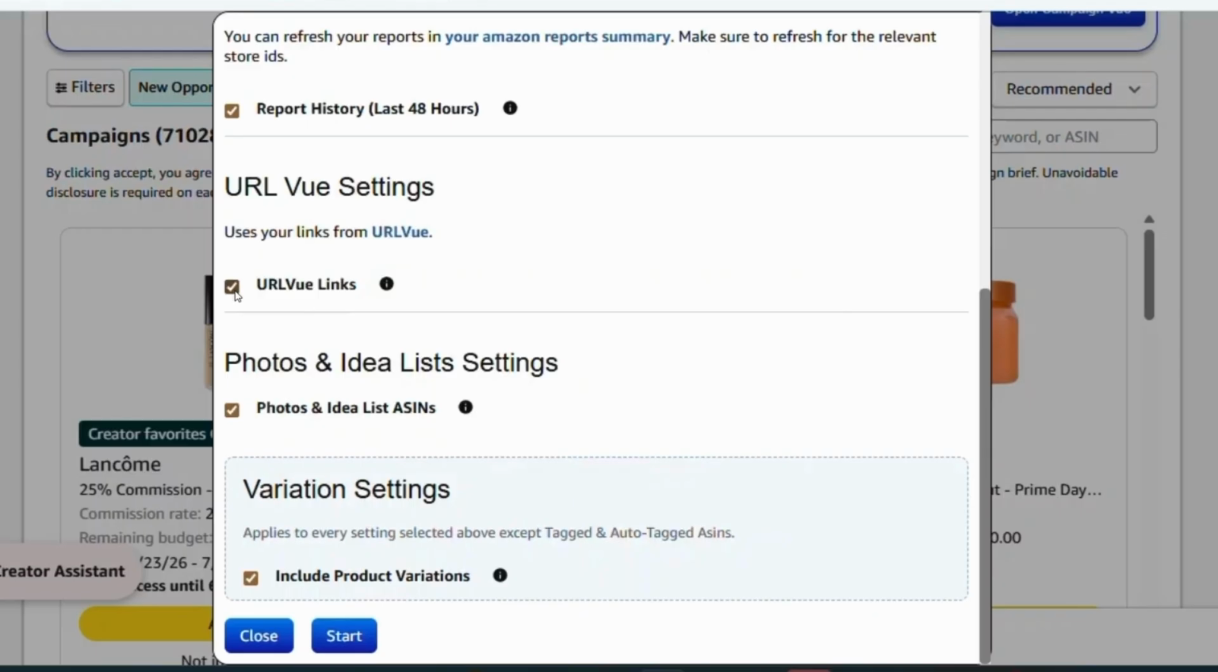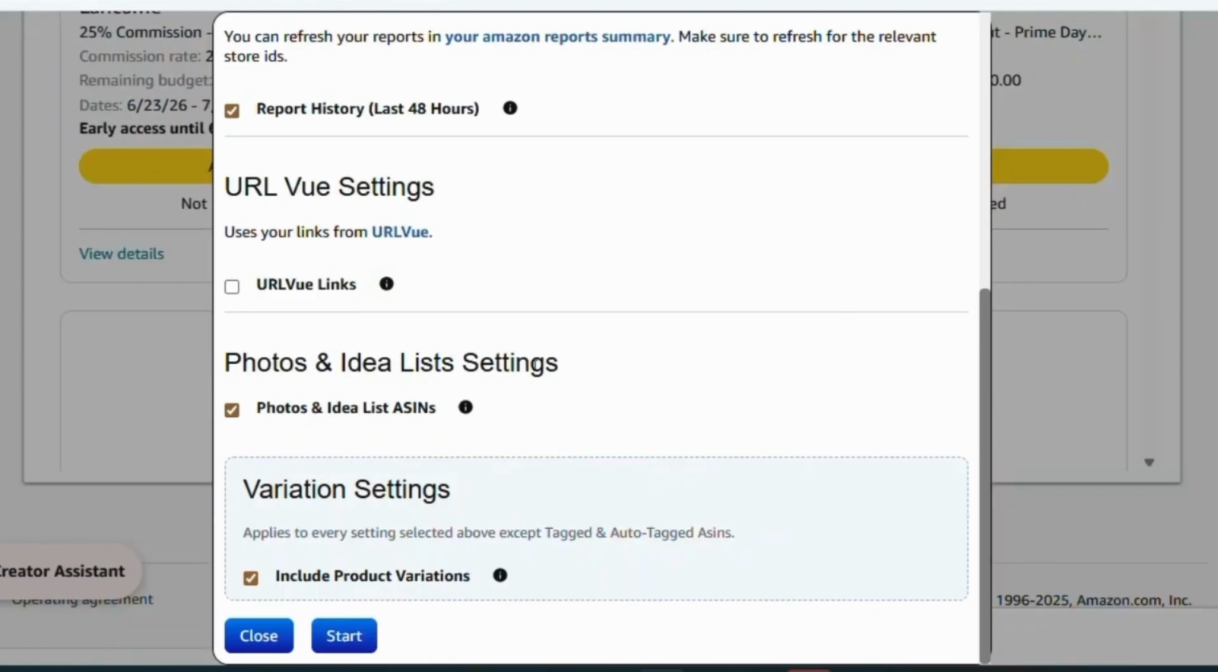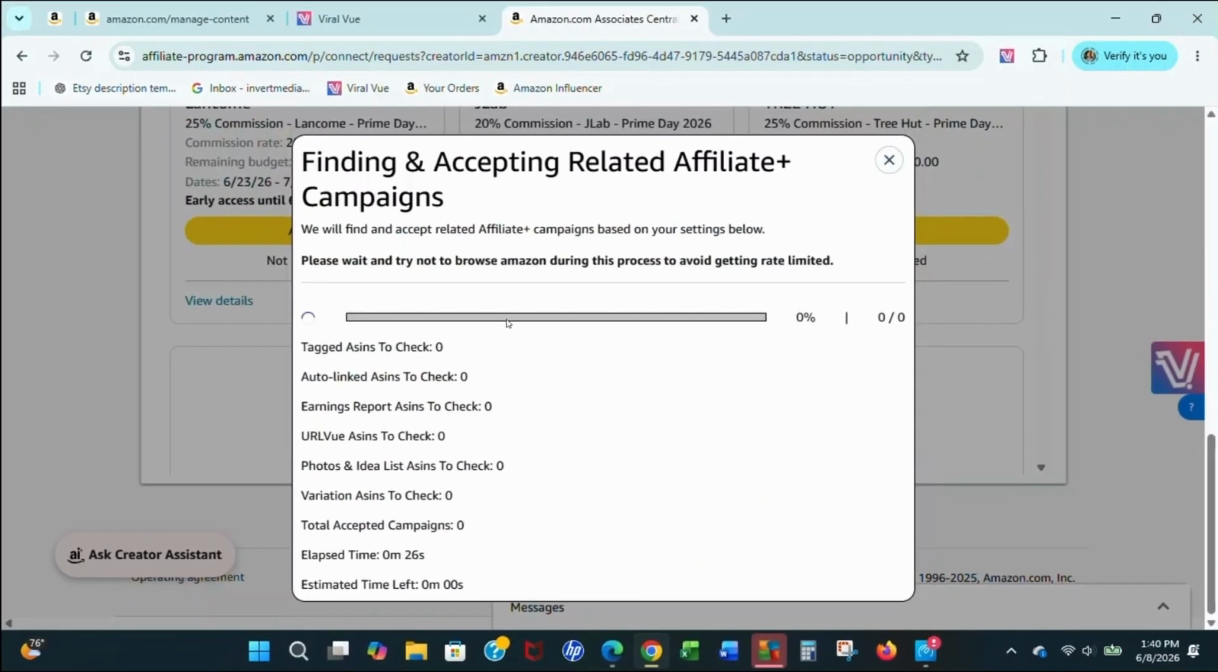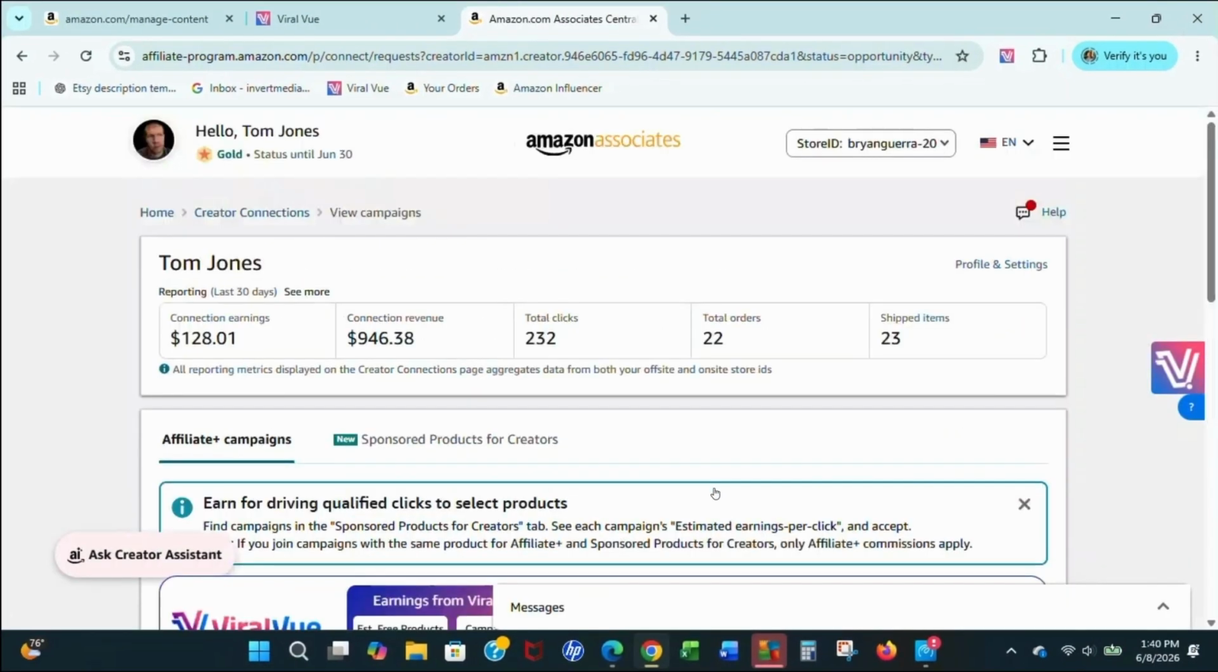So for example, I'll leave this disabled, and once everything is configured correctly, I'm going to click Start. Now, this will begin finding and accepting affiliate plus campaigns automatically for me. And this process now has started, all right? So I'm going to close it for now just so we can move forward to the second pop-up,